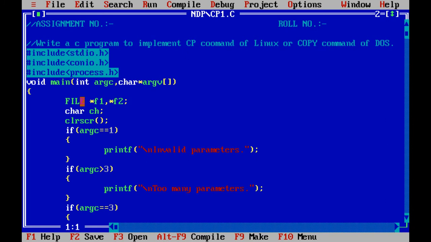Now let us go through our code. Like the previous assignments, we are going to execute this assignment very similarly to them, but with some little changes. The first change which you can see is the process.h file. We have made use of the standard input output header and conio.h, which are standard header files of C. But now you can see process.h.